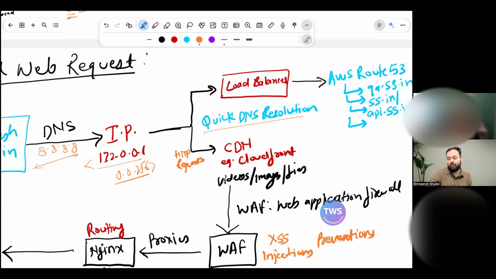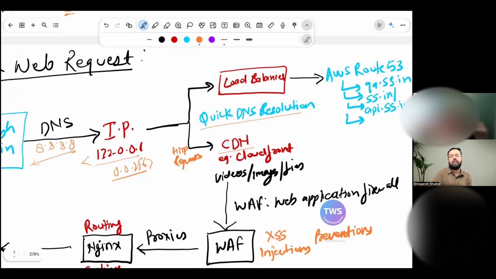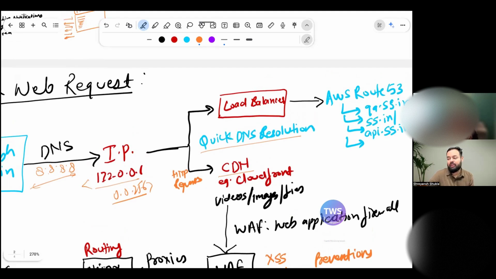So your HTTP request from DNS will typically go to the CDN or load balancer. If CDN is not implemented, let's say I am not the Amazon of the world, I am not the Disney of the world, I don't have that kind of money to host CDNs because it's a cost-heavy process. In that case, the request will typically go to the load balancer because CDN is not there. So I can't really go anywhere else. I have to go to the load balancer.